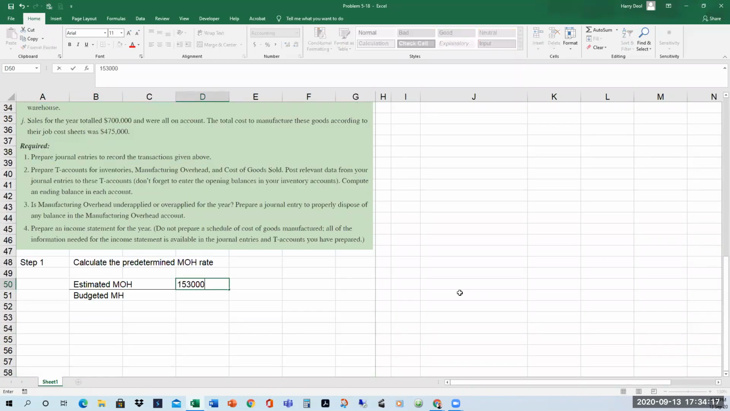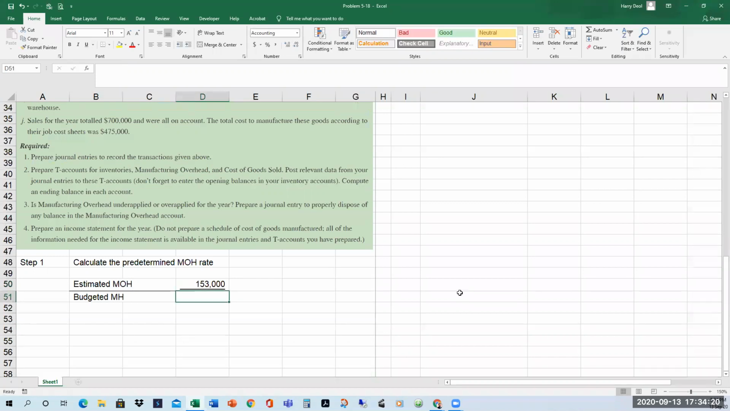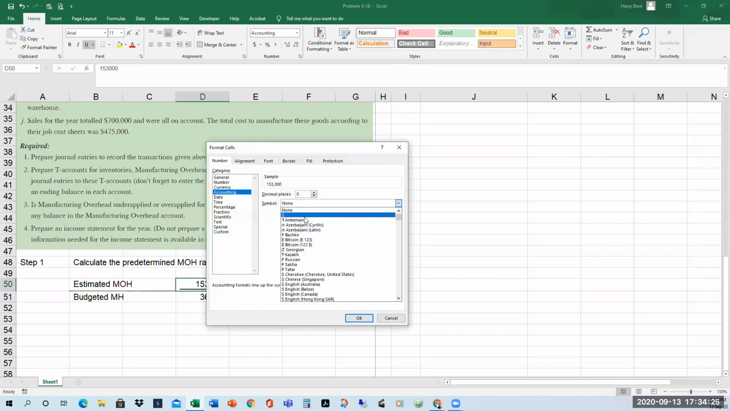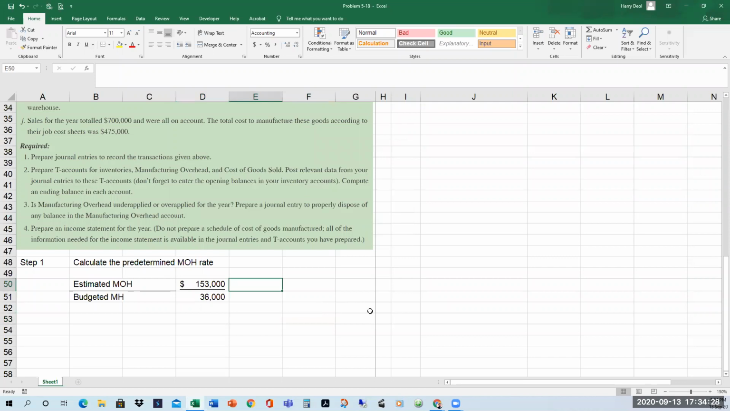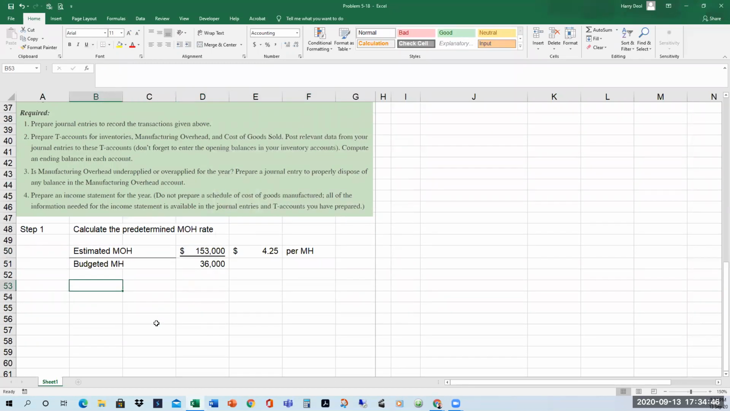So $153,000 divided by 36,000 machine hours, we get $4.25 per machine hour as the predetermined manufacturing overhead rate. Now, in this step, we should also calculate the manufacturing overhead applied. So total manufacturing overhead applied during the year